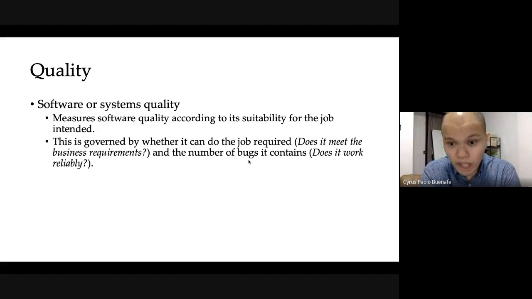Like, can it do the job required? And will you be able to make sure that this software will not hit into many problems? Well, primarily it's a software consideration, but later on, when you take a look at quality, you also want to consider other infrastructural elements to it, like hardware, storage, performance.